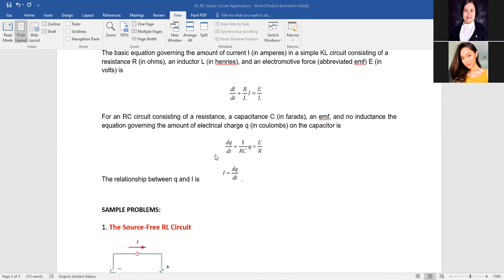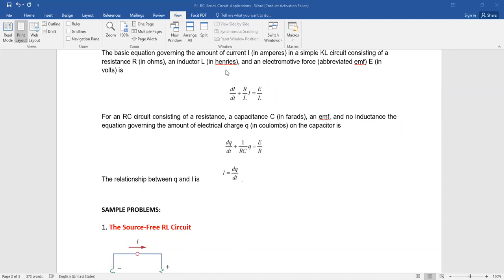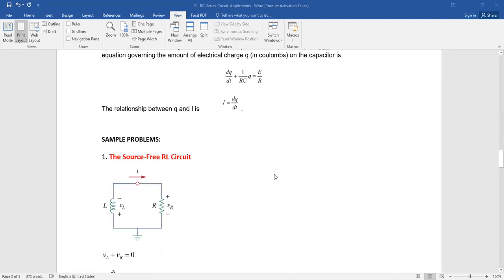That's just how simple it is. So this one is for RL and this one is for your RC. The rest would be all about the mathematics on how to simplify these particular circuit equations. Okay, now